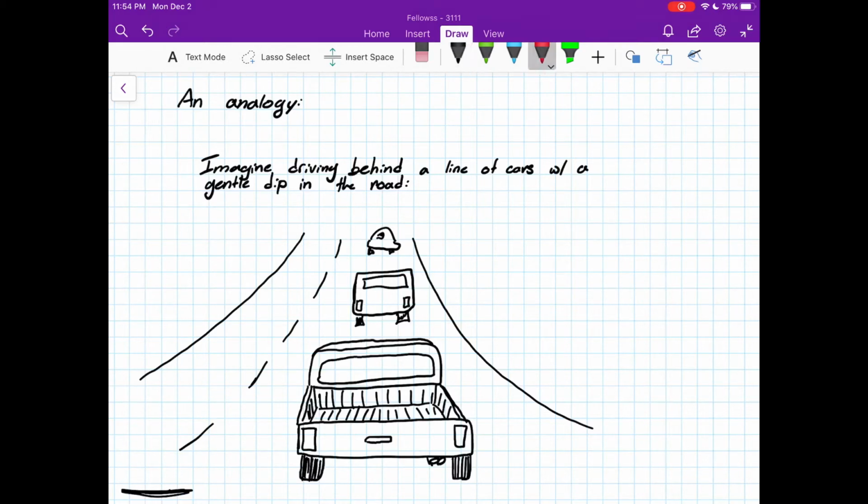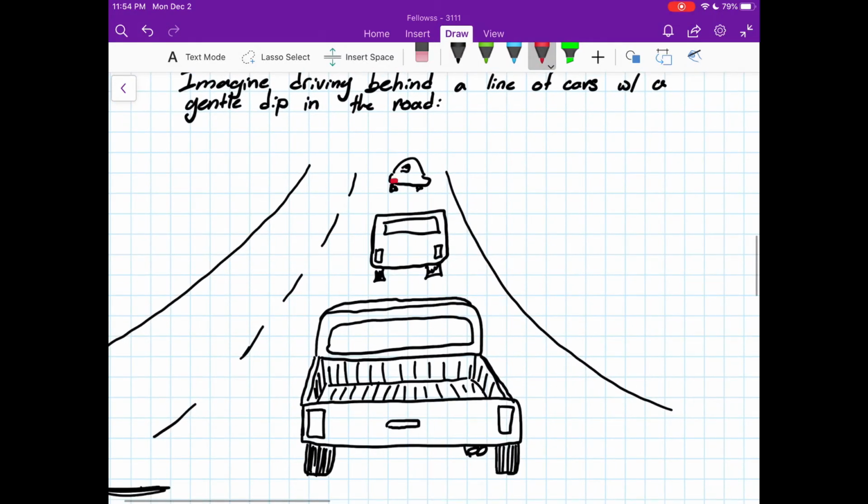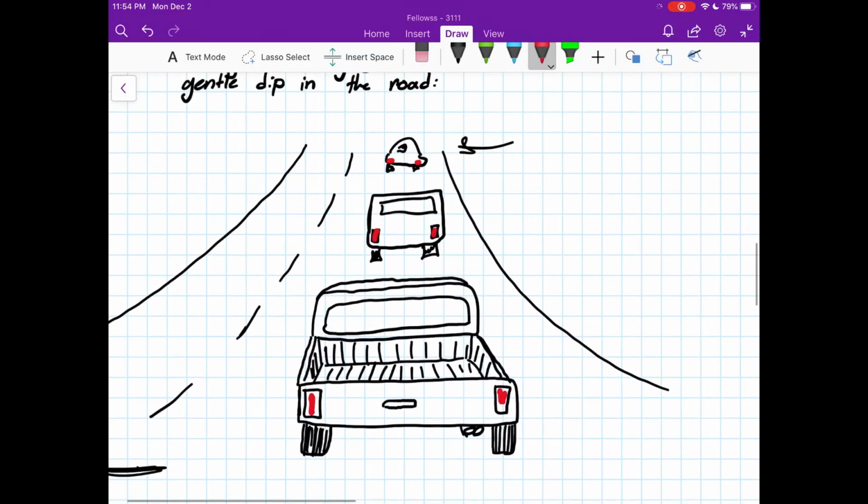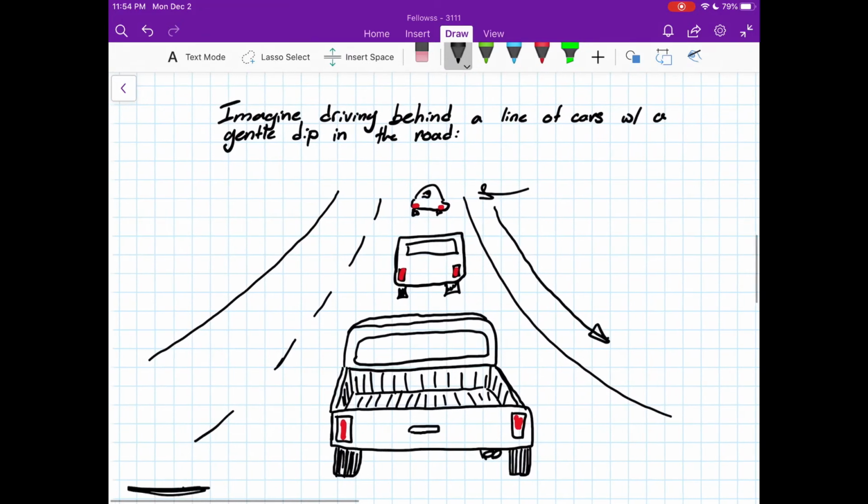And maybe up ahead you start to see there's some brake lights, and they start here, and then the next car starts braking, and then this car starts braking. You can kind of see the transition, the information kind of comes down through these cars. It's very steady and it's very easy, and you're able to account for that, and you're not taken by surprise,